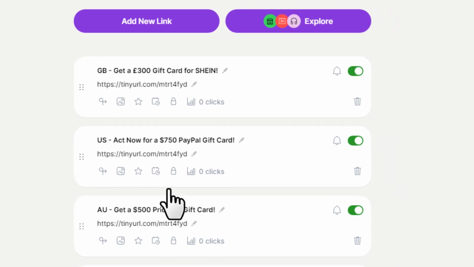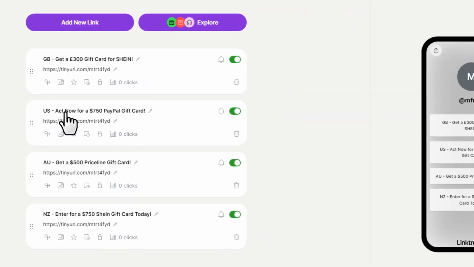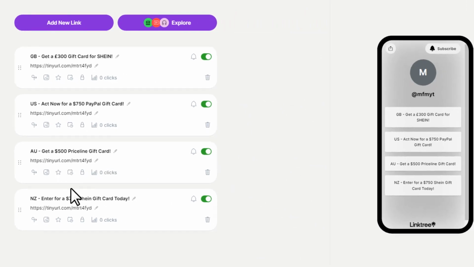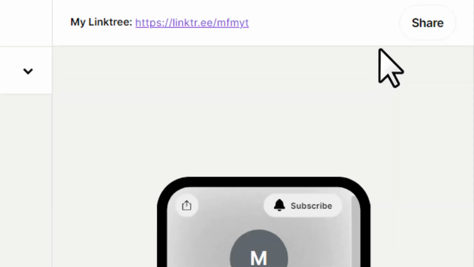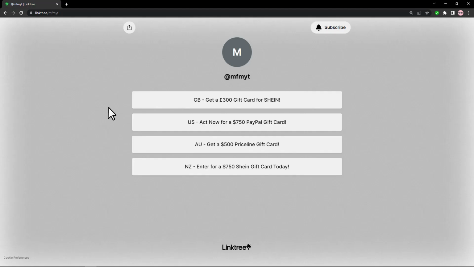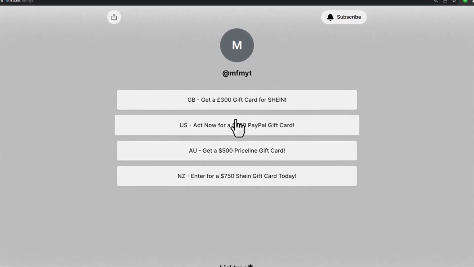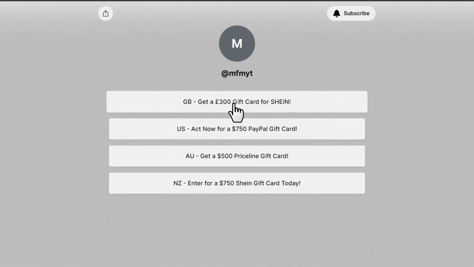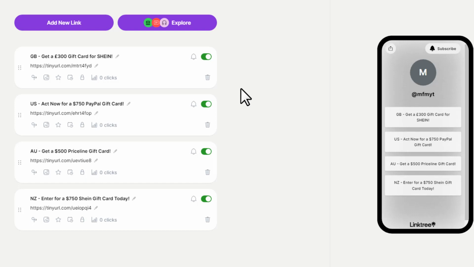So you can see I've added some more different CPA offers for different countries, and you want to do this exact same thing, and you want to make a list just like this. And once you've done making this list, then you'll click here Share, and you want to copy this link. Now if we visit that link, then you can see that this is how people will see when they visit your link. And when they click on one of these offers, then they'll be redirected to your CPA offer from here. Okay, so we have now our Linktree ready with different CPA links, and now we want to send traffic